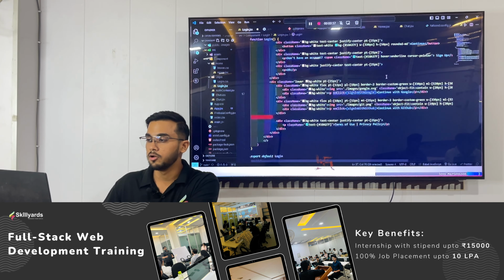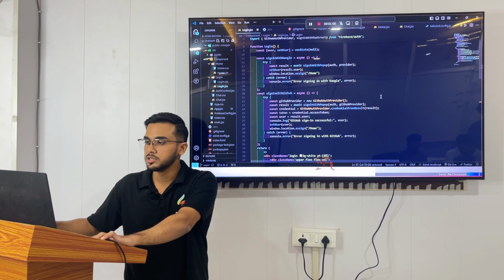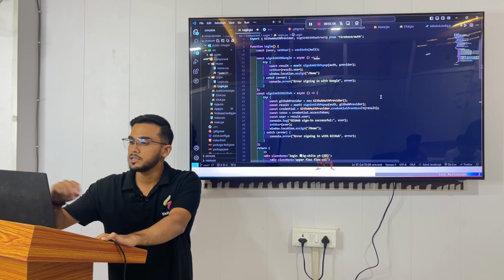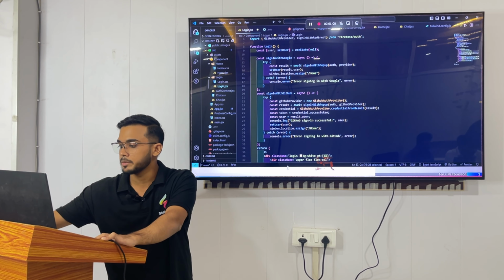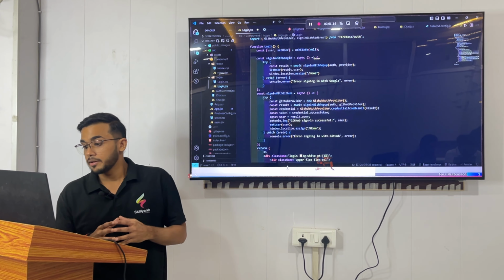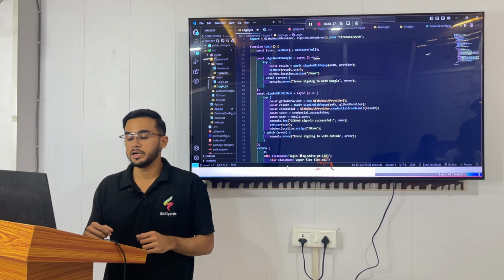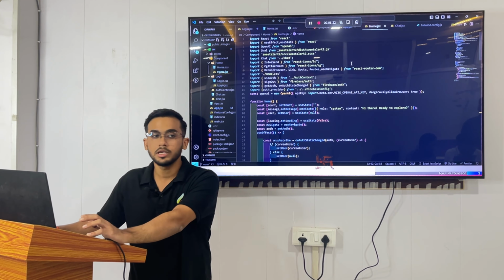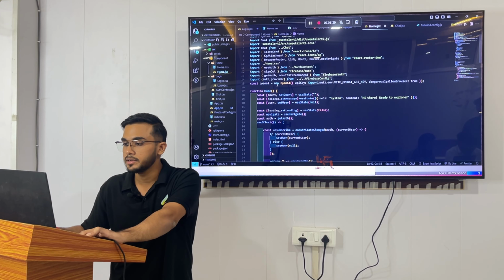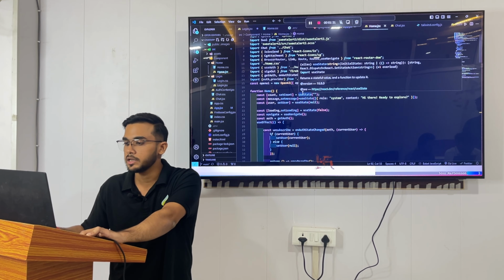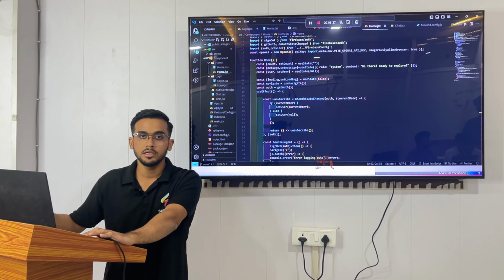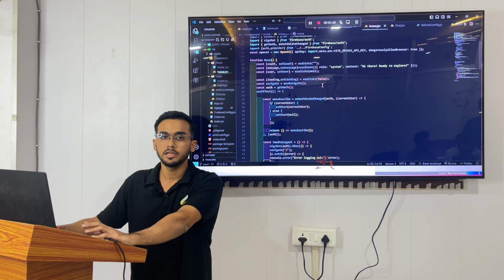This is the login page of my project where I used two async functions with the name sign in with Google and sign in with GitHub. And here I used an await which is sign in with pop-up, and sign in with pop-up authenticates the Firebase client by taking in a pop-up with the auth provider. Then this is my home.jsx file where I imported OpenAI from OpenAI, and I created an object with the name OpenAI where I imported my env file. My API key is stored in the env file, and I imported that API key here.